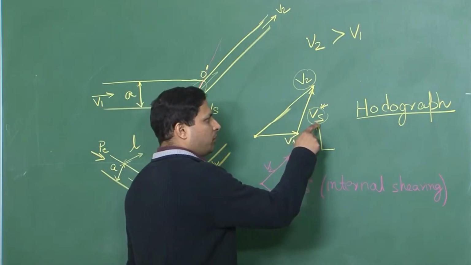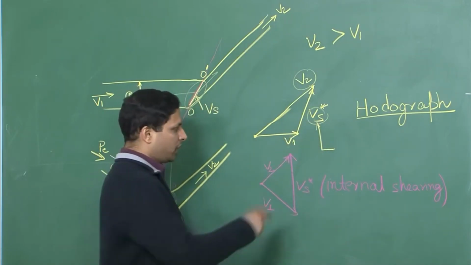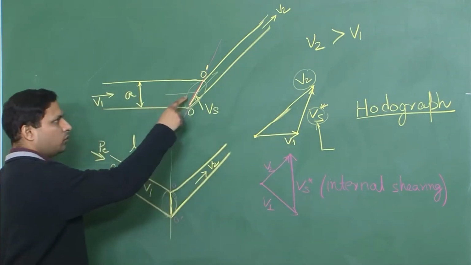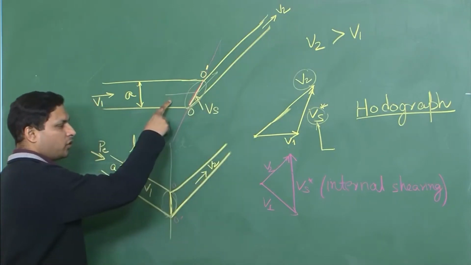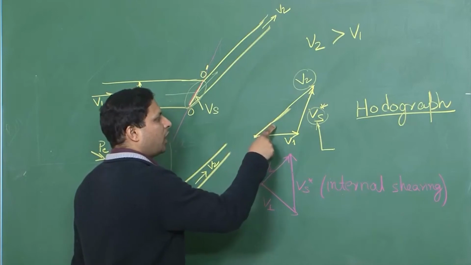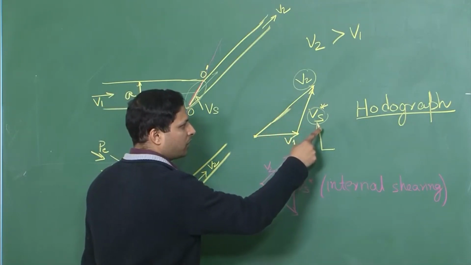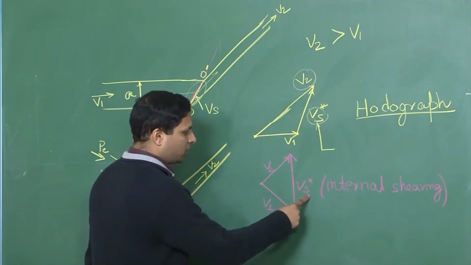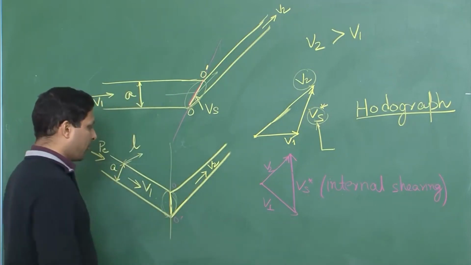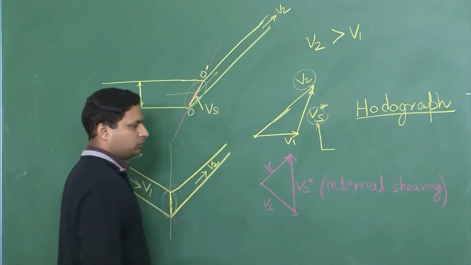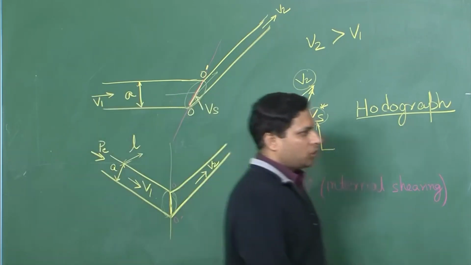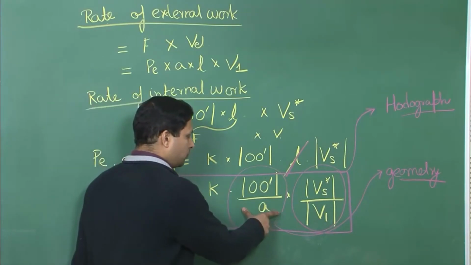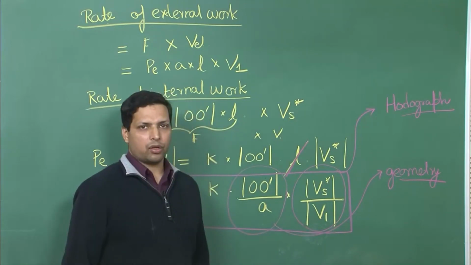On the other hand, what will be the ratio between Vs star and V1, that you will get from this velocity diagram. Here all these angles would obviously be known to you once you have drawn it using this geometry. And if you know the angles you will be able to get the relation between Vs star and V1. Similarly, over here you will again be able to calculate the ratio of Vs star and V1. So, you see that we are indeed able to calculate PE once we know the geometry and we have drawn the Hodograph related to it.